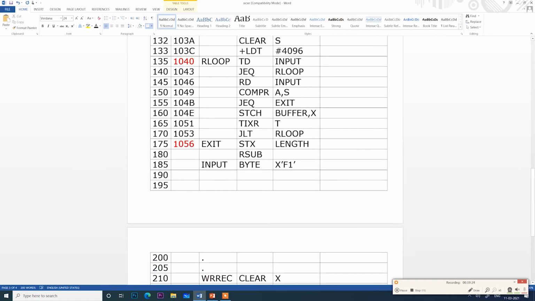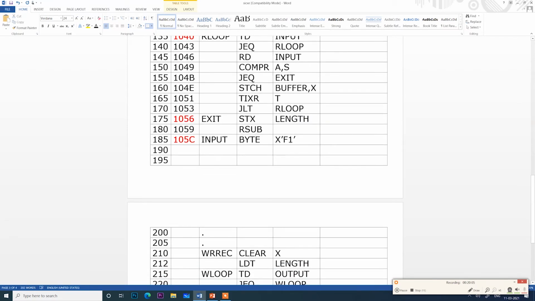Next STX length. So again it's a 3 byte, 56, 57 and 58. So it will be 1059. Now RSUB appears to be a 1 byte instruction because only opcode is associated, but it has to go back. So there will be some address associated with it. Only at the runtime you will know that. So again it's a 3 byte instruction. When it is a 3 byte instruction, 59, 5A and 5B. So next will be 105C. If you remember the previous SIC, you can understand RSUB is a 3 byte instruction. Similar concept is used here.